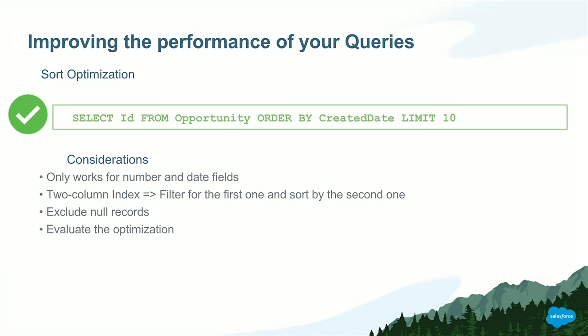And we have to take into account some considerations with this optimization. First, it only works for number and date fields. And if we use a two-column index, we have to filter on the first one, excluding the null values and using an equal operator, and sort by the second one. So we have to exclude the null records, and please evaluate the optimization before using it, because